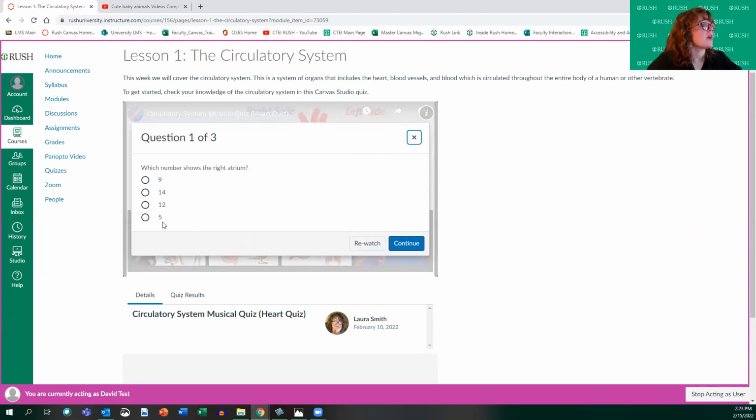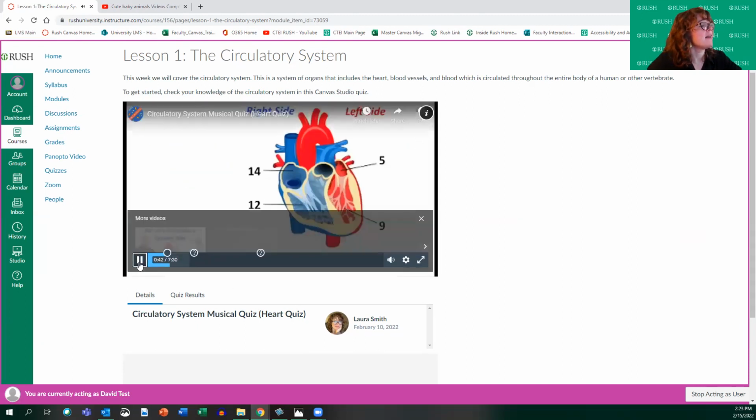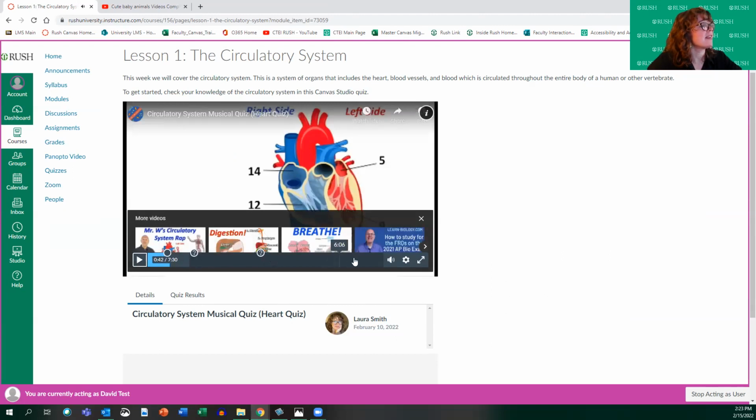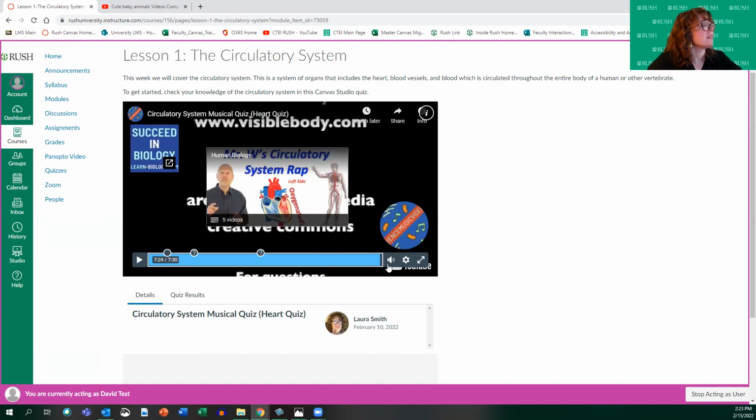Which number shows the right atrium? I think it's number 14. I click continue, and then I keep going, right? Another thing that I love about this is that if they go all the way to the end and they decide that they're done,